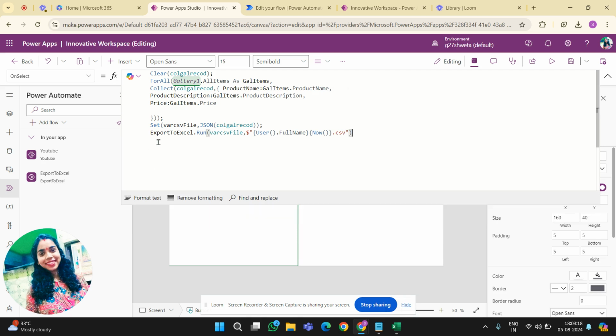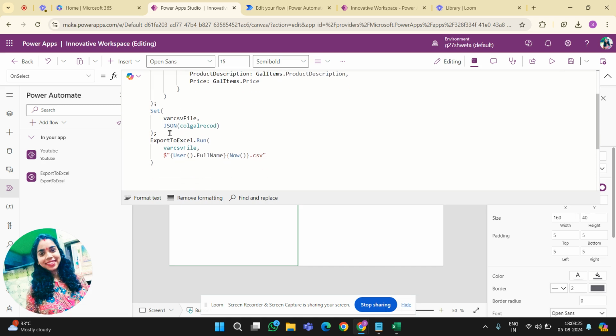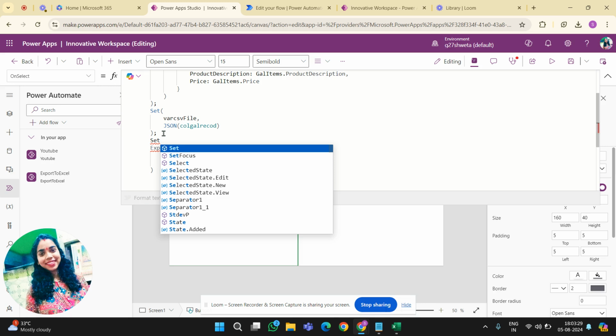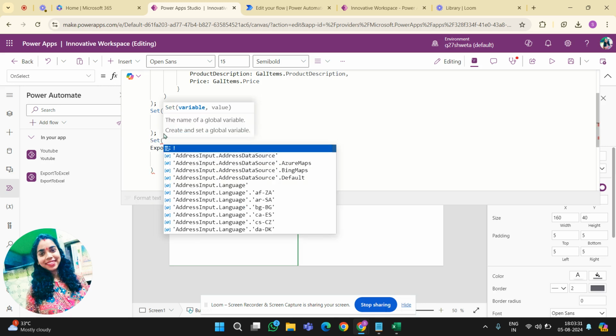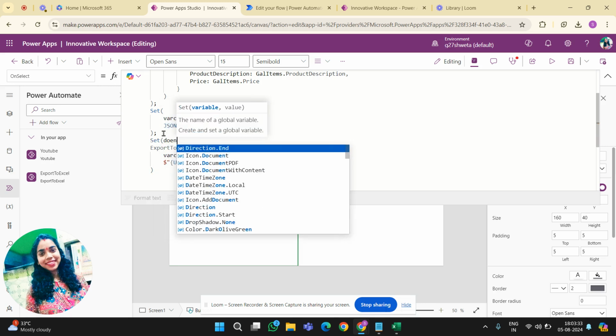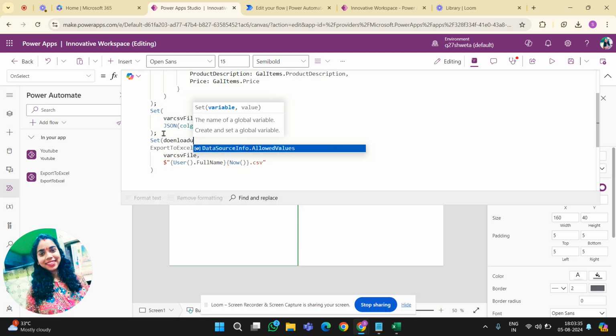Now for downloading to my machine, we need to set one variable. Let me format it. We have to pass the download URL.